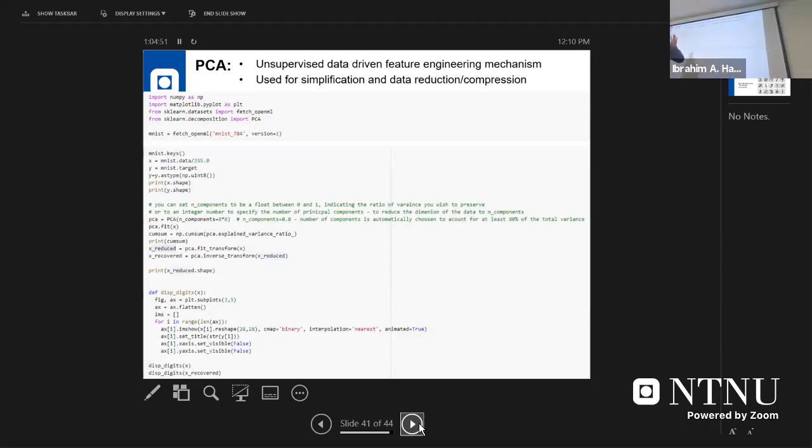I want to talk about PCA also. PCA is unsupervised. We will talk again about PCA with the autoencoder, in fact. PCA is an unsupervised algorithm, so we are working with the features, not with the target. We are working with X, not Y. PCA is used for simplification and data reduction or compression. We have also PCA from